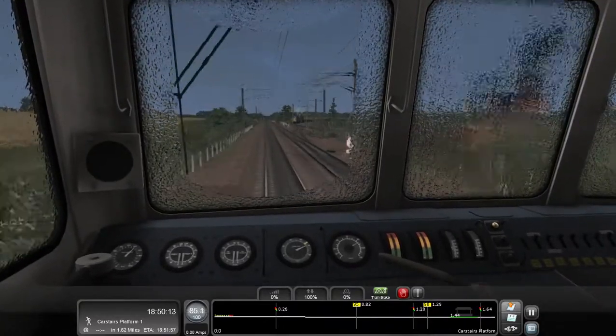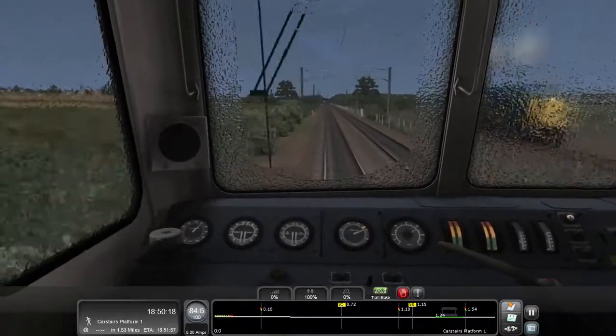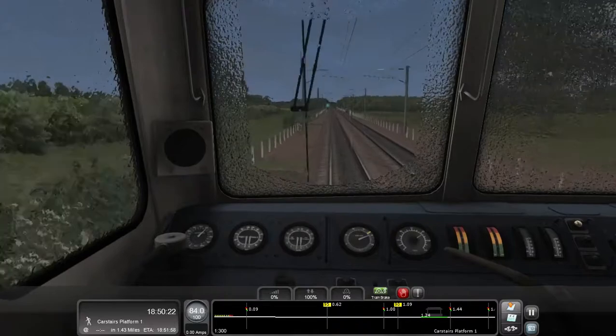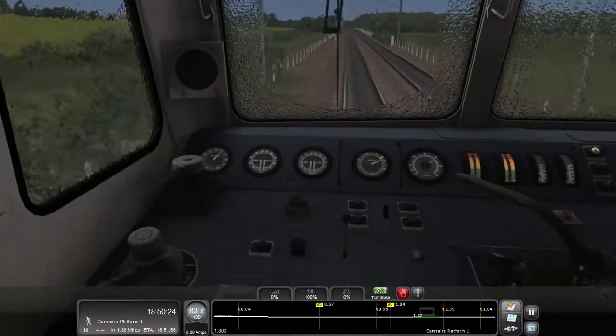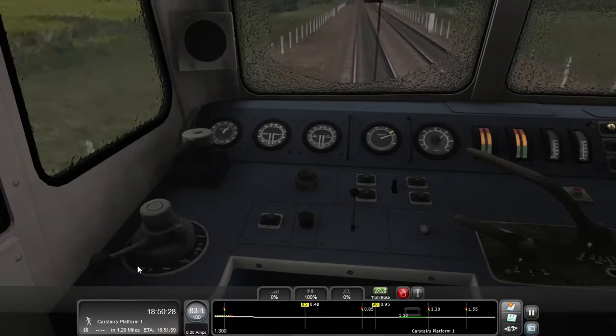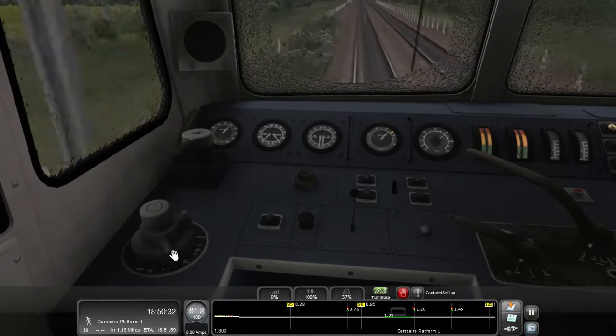Here's another steam. Why do I keep thinking it's a steam train? There's another freight train that is giving way to us. So we're probably going to get some angry AWS signals in a minute. And we're now approaching a mile. So bring us